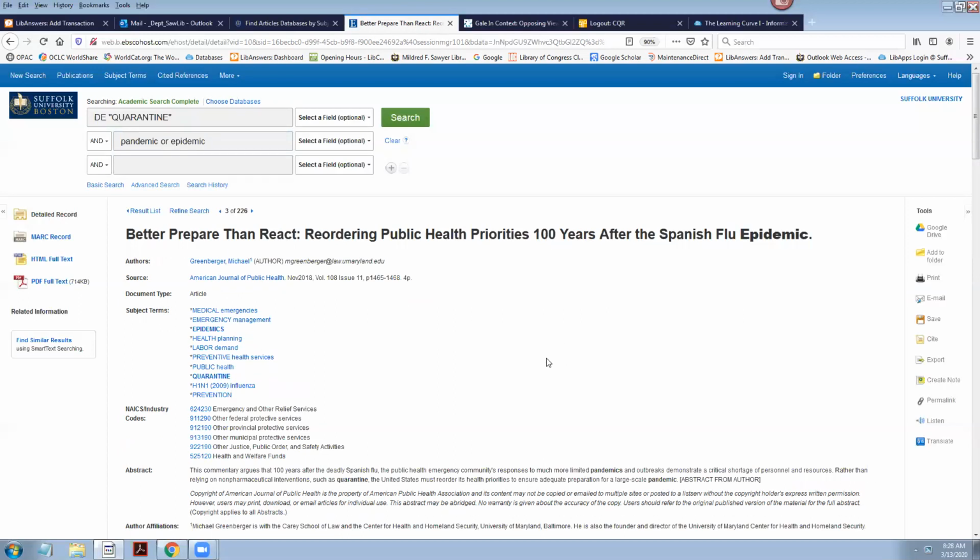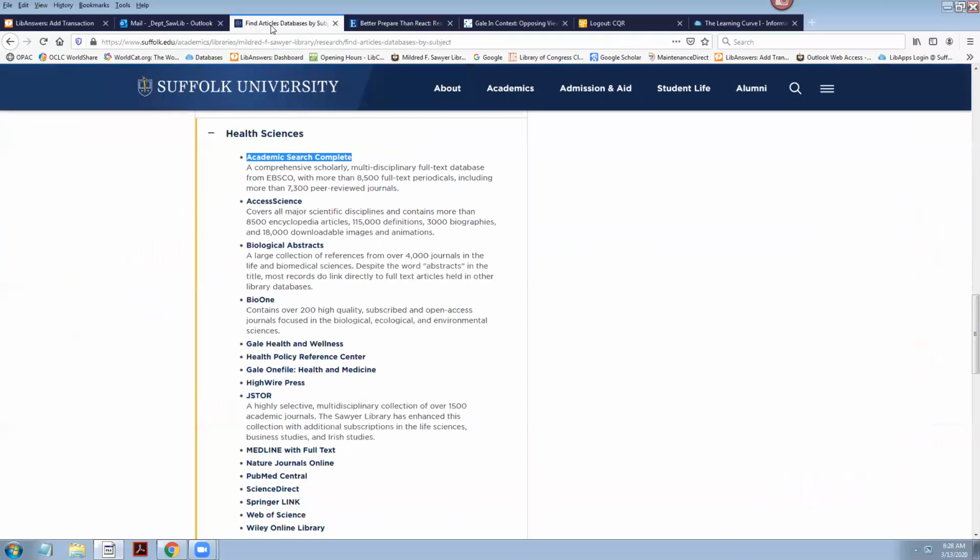So that is essentially how this particular database works. Start out with a keyword search, combine topics using one concept per box. Most of the time it's going to be fine just to have a word here and a word there and use the AND, but if you have one concept that can be described by two different terms, then you can use the OR. Now if we go back to my list here, and I will point out Gale Health and Medicine,